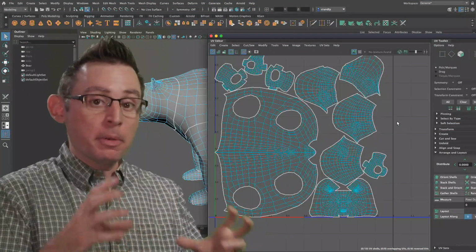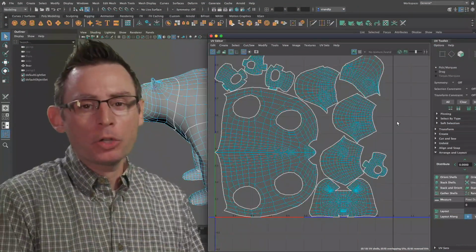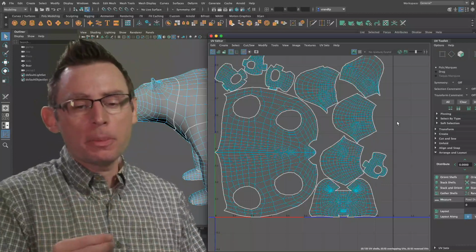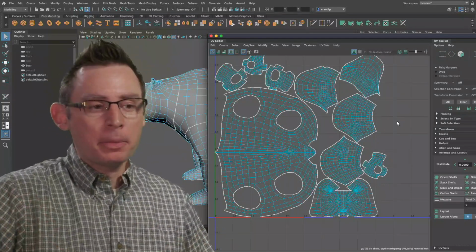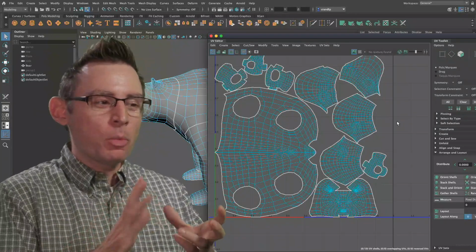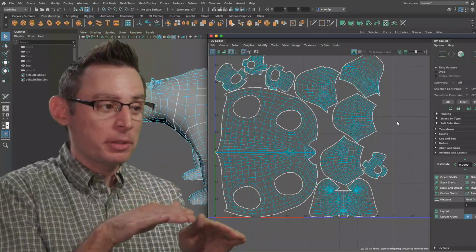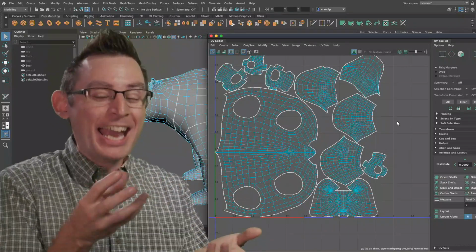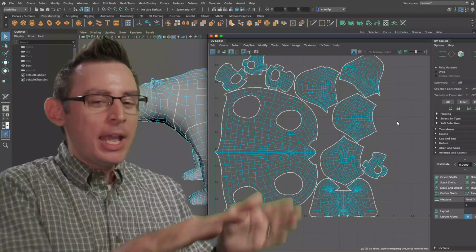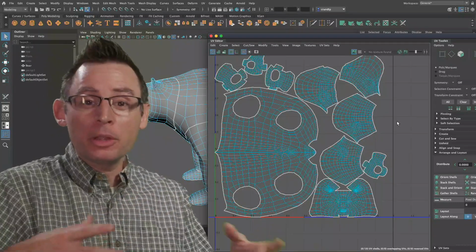I'm really quite pleased with how all of my UV islands have been packed inside of that positive UV quadrant. But before I send this over to Substance Painter or export it to another application, I want to make sure that when I place an image on the material itself, it's going to be correctly accessing the UVs that I've created and all of that texture information is flowing the way I want.